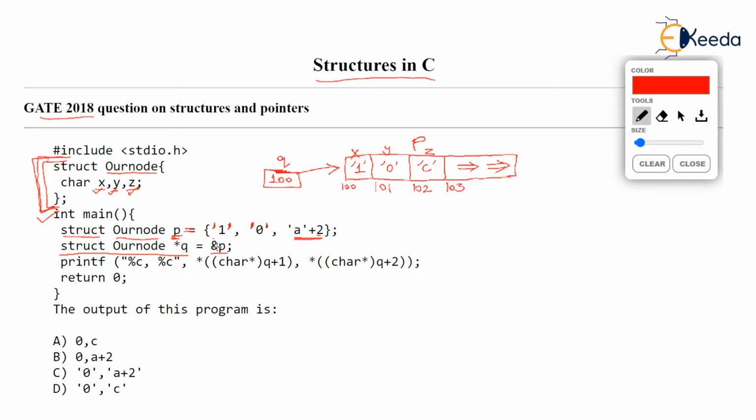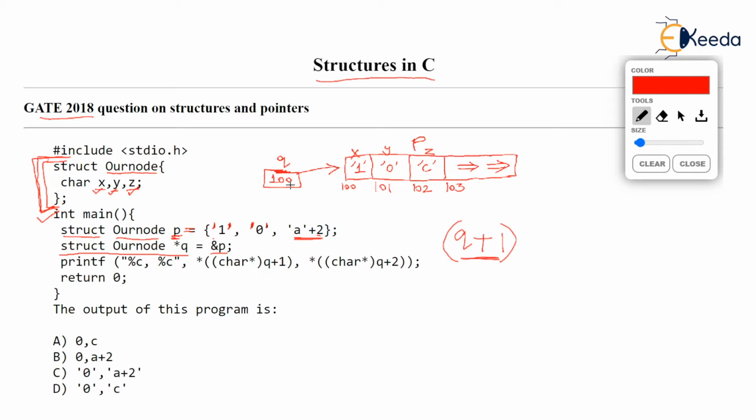Now, before we go to the next line, and in fact, that's the only line now which will decide the output, some questions over here. You know pointer arithmetic. You can increase or decrease a pointer. Now here Q is a pointer. What if I write Q plus 1? Let's say I write Q plus 1. Then I am increasing Q by 1. Now Q, as you observe in the diagram, is 100. What will happen if you increase this Q by 1? Anybody would feel that this will get increased by 1. No, this will get increased by 3.